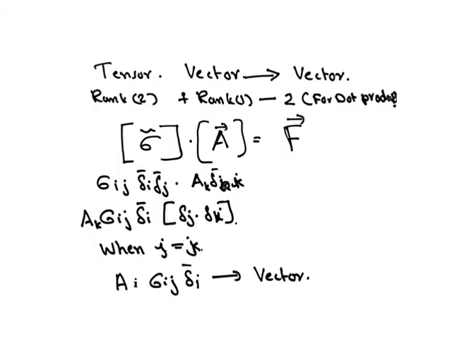So j equals k, it has value 1. So you can replace all j by k or all k by j. Normally we'll replace k. Sorry, here it will be aj sigma ij. K will not be there. You can replace all k by